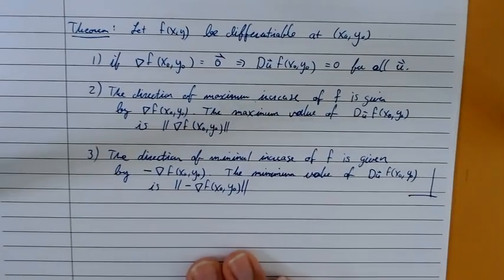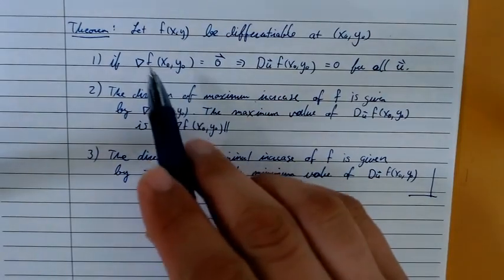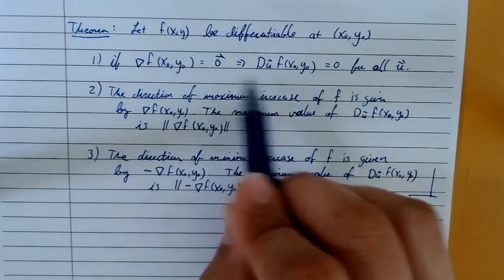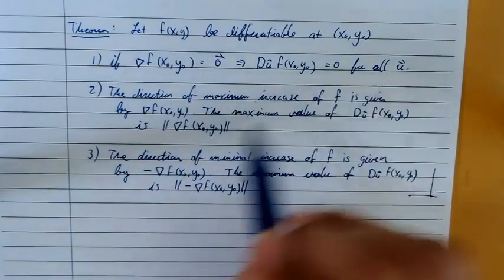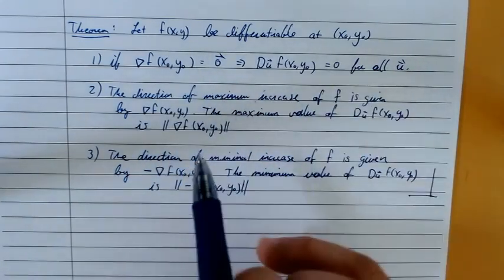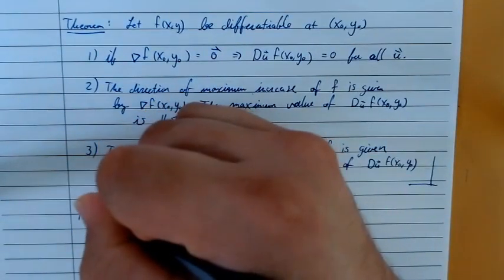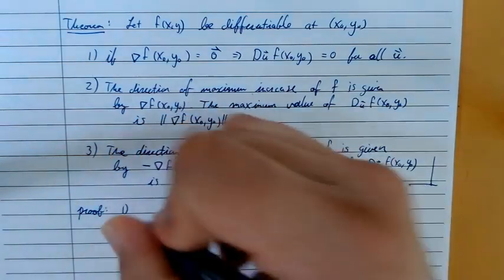Okay. The proof of the first one's trivial, right? The directional derivative is the gradient of f dot u. Well, if the gradient is 0, it doesn't matter what u is. The gradient dot u will be 0. So the proof of number 1 is